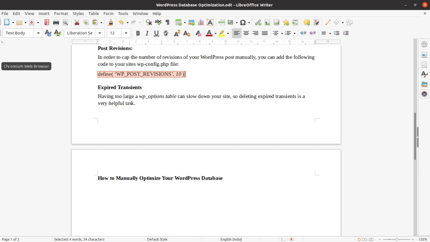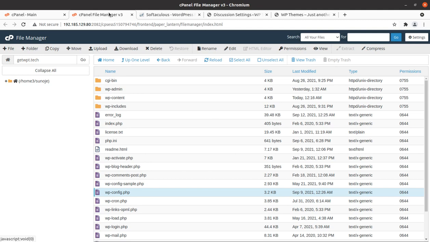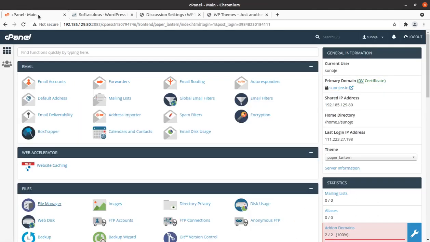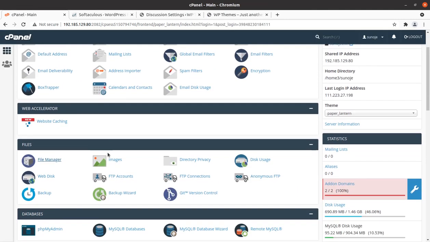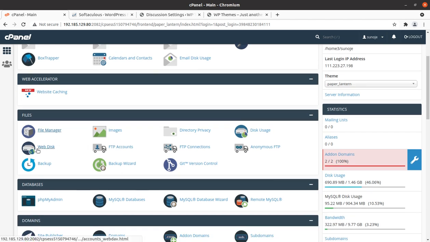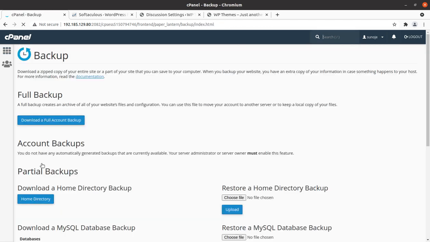Okay, so let us come to the hosting panel again, and before optimizing the database I will tell you how to take a backup of the database. Taking a backup is a necessary activity before you make any changes on the database. So there are 2 methods in the cPanel which I generally suggest to take a backup of the database, and the first one is very simple. Under the files section you will get a backup tab, and simply click on the backup tab, and